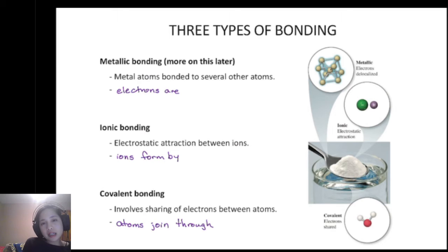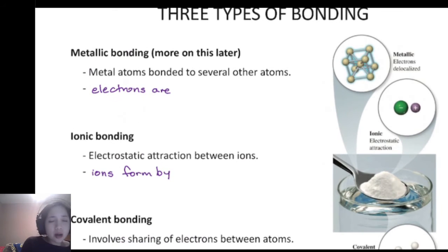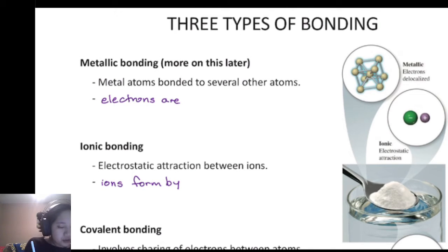For the types of bonding outlined in the chapter, I will define some of those right now. We haven't really talked a lot about metallic bonding yet, but I'll define it here because it is one of the types of bonding that we can see in different arrangements of atoms. In a compound that exhibits metallic bonding, metals are bonded to several other metals of typically the same type, unless you have an alloy. The important thing to note is that the electrons are